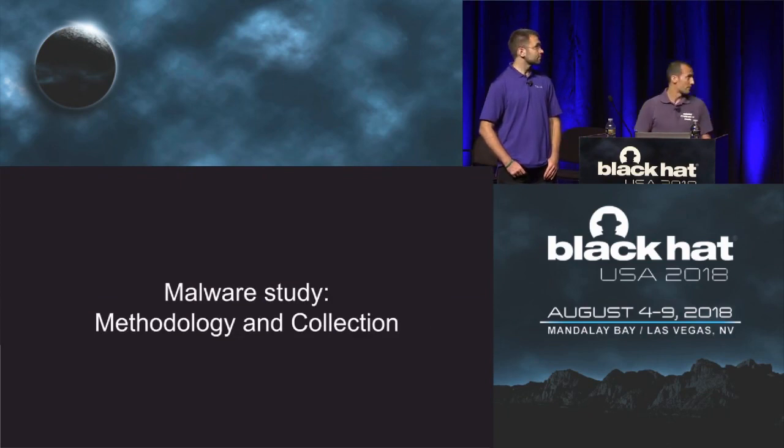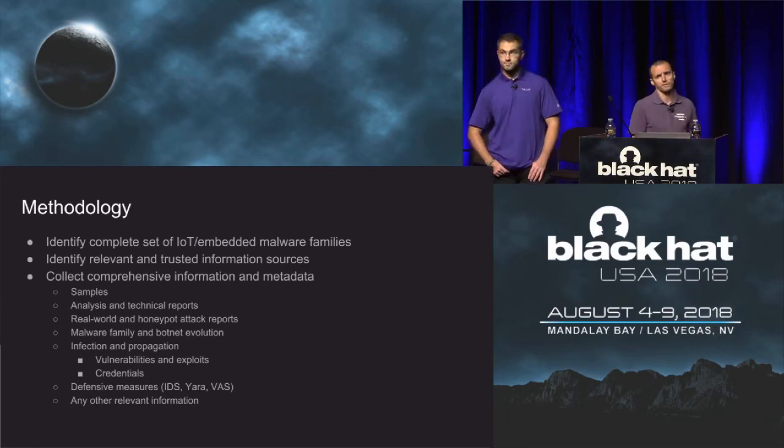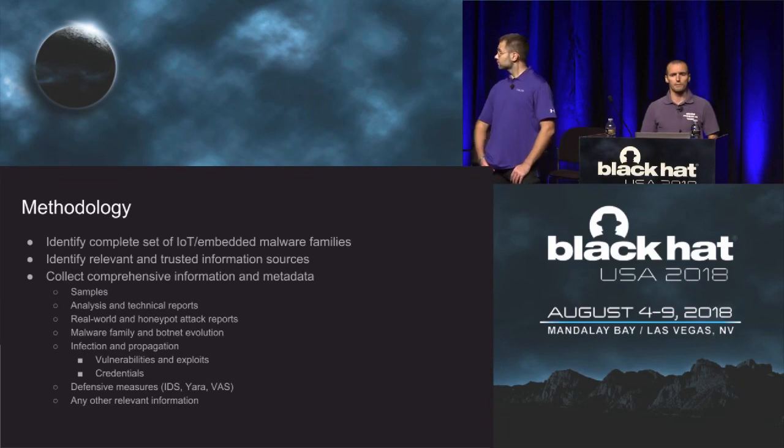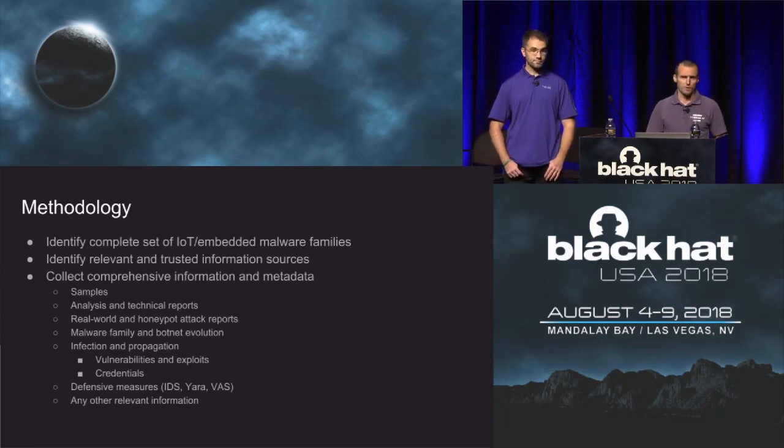And let's go over the methodology and the collection. So the first step was to identify the complete set of IoT embedded malware families. So roughly, this set of IoT embedded malware families consists of the names you saw in the timeline earlier. Then, for all these families, we identify relevant and trusted information sources, such as threat intelligence reports, antivirus company reports or analyses, intrusion detection or intrusion prevention rule sets, and we collect all this information, try to get as much metadata as possible. Then from all these sources, we collect this comprehensive metadata, including samples and hashes, but